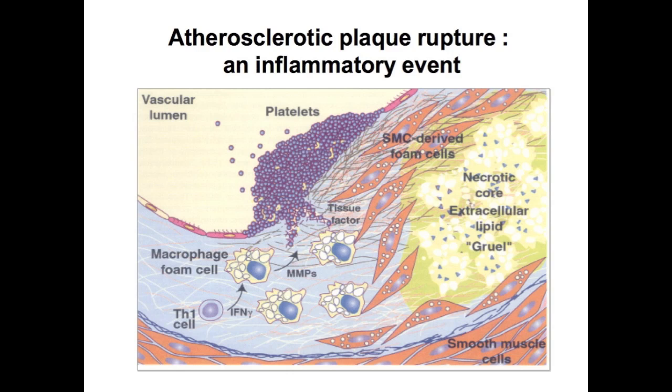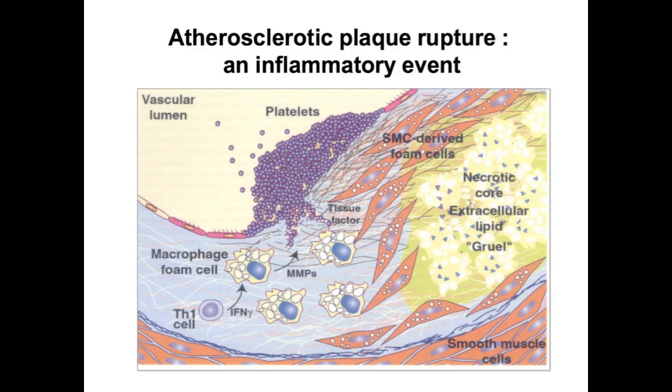So what's happening here also is you see these cells in the vessel wall. These are inflammatory cells. And it's recognized that actually all plaques have a lot of inflammatory cells associated with them. And these cells, they're all communicating with one another. They're producing the chemicals that I've been talking about. And some of them that are produced are these things called matrix metalloproteinases. These are proteins that degrade other proteins. So these MMPs actually degrade the fibrous cap and make it thin.